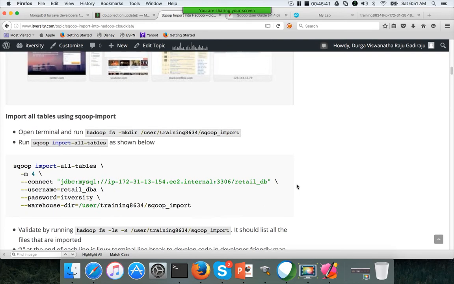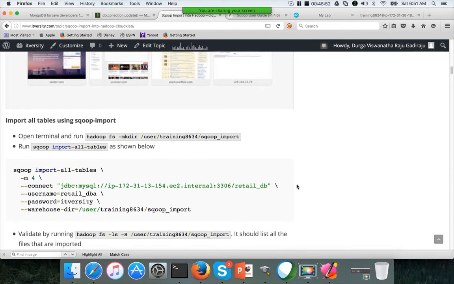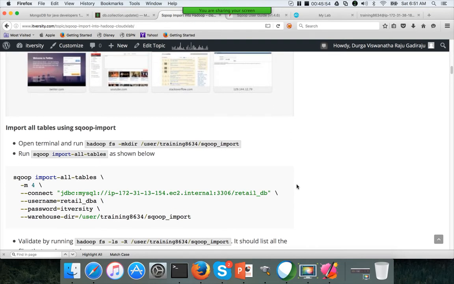Okay, so when you actually start loading data from source databases into HDFS, as part of the initial load, you want to import all the tables within a schema or within a database.